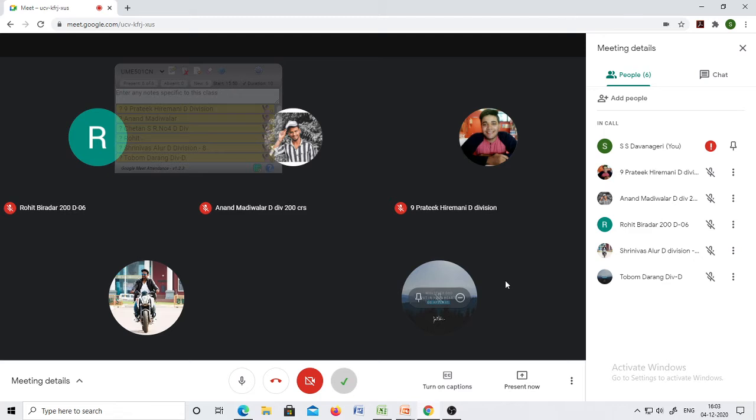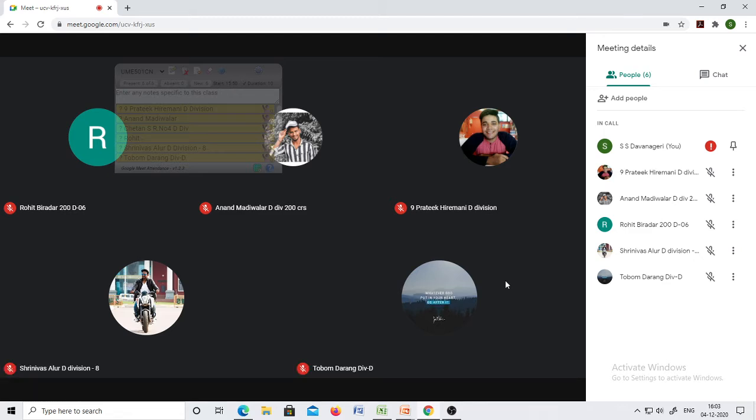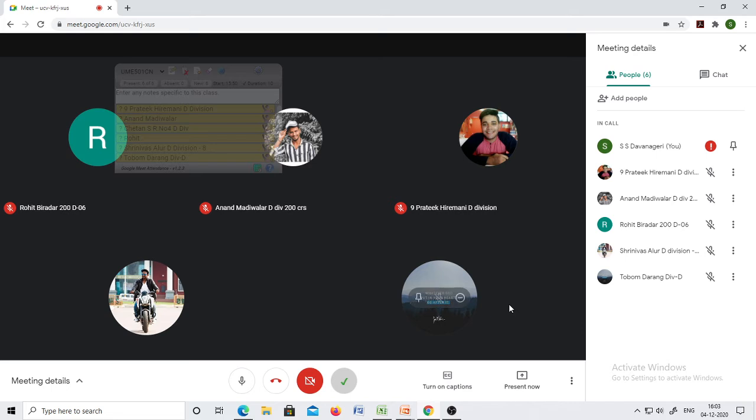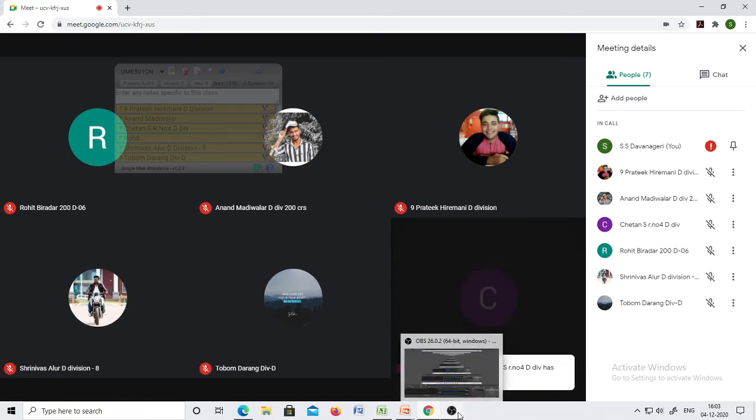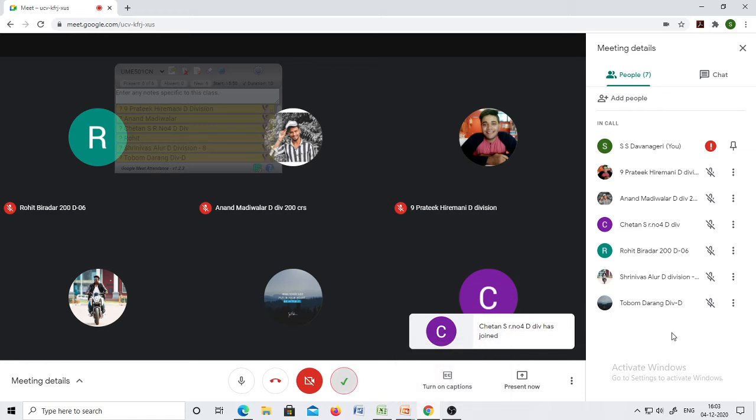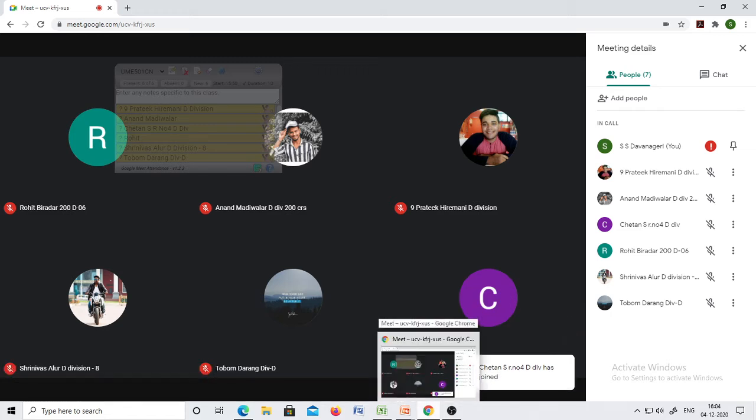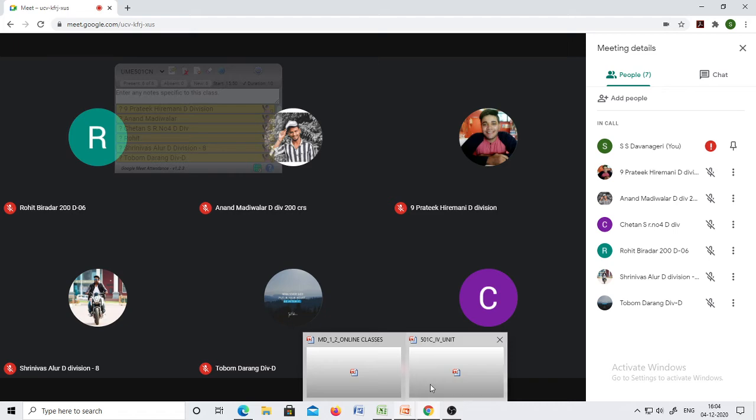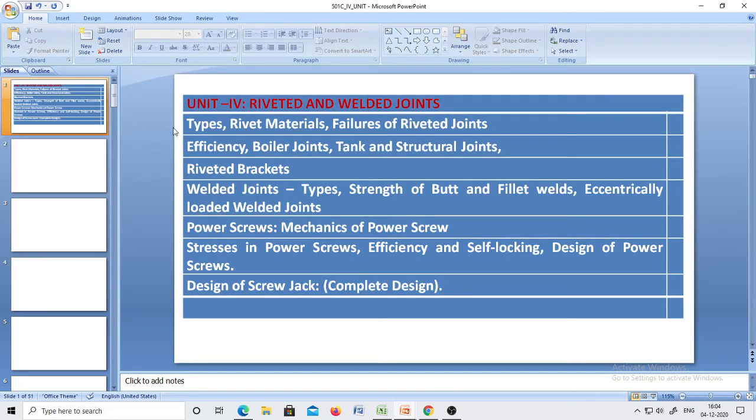So I'll go for the fourth unit. That is the design of riveted joints, design of welded joints, and design of power screws. So I studied two chapters here, the design of riveted joints as well as the design of welded joints. Now this is the syllabus for